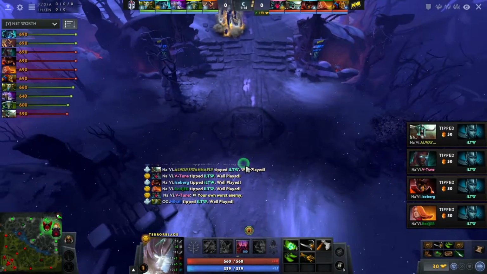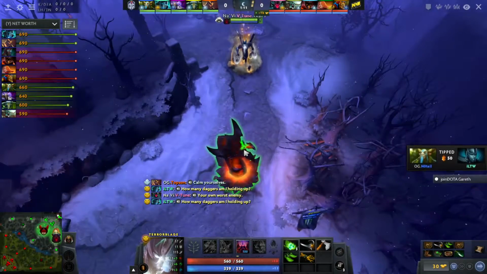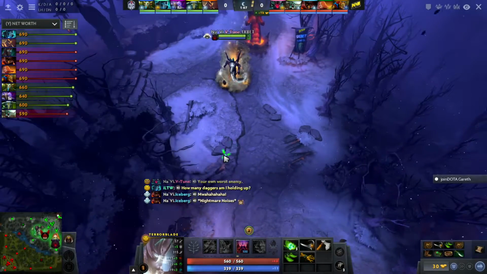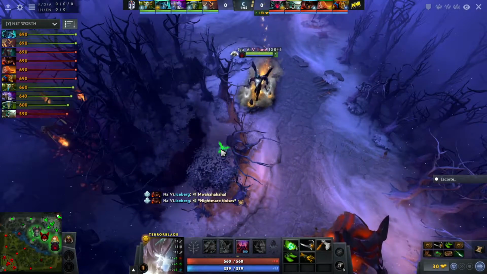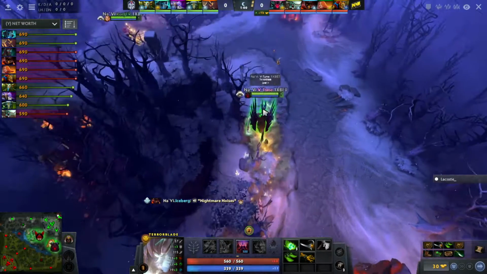Everyone's tipping ILTW. Calm. How many daggers are holding up? The big tips. Even No Tail getting involved there, joining the spam onto the PA. Seb starting with Boots of Speed. Interesting. I guess he wants to be able to outrun